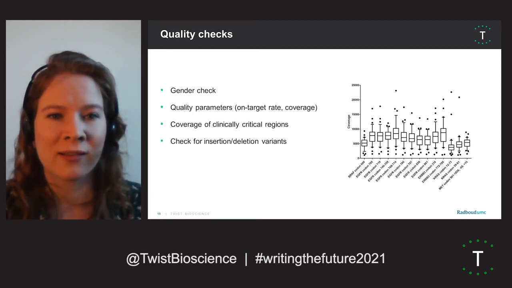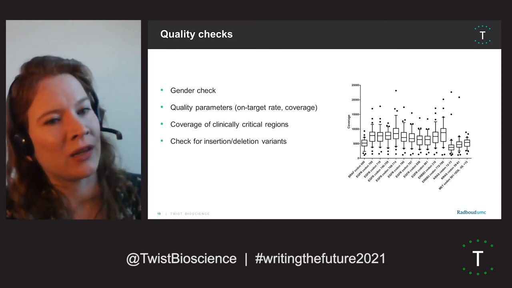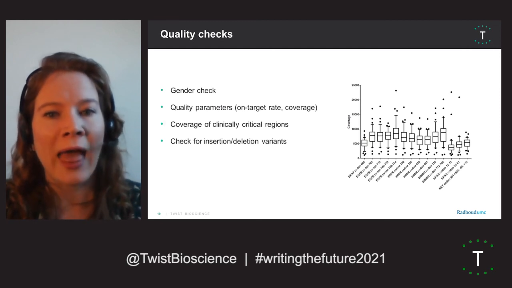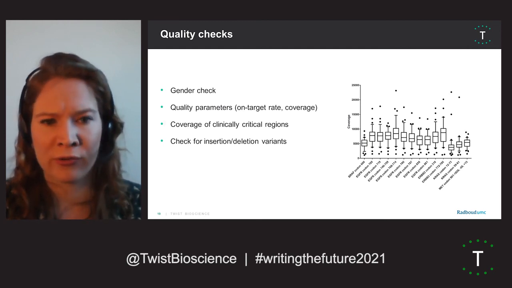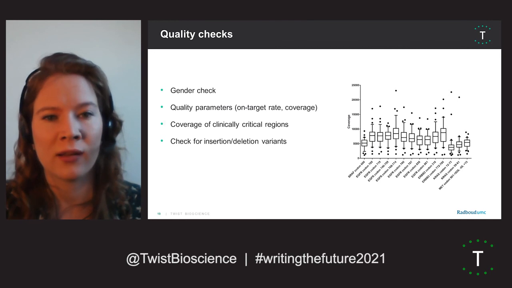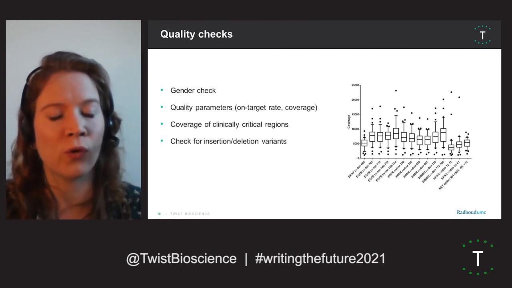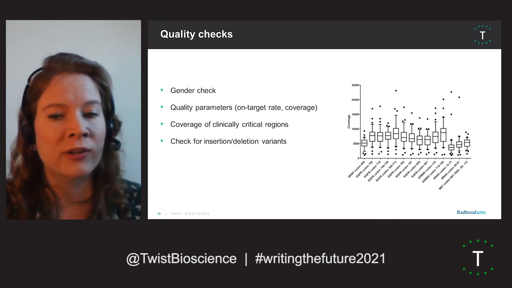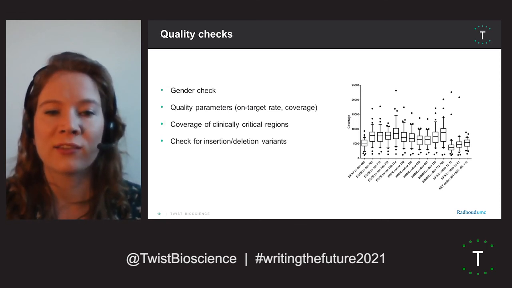So in the figure again, you can see the clinically critical regions within lung cancer. You can see, of course, that there's a high variability within the regions, but still overall we gain a very nice and even coverage for all of our regions of interest, being able to accurately annotate and detect our mutations